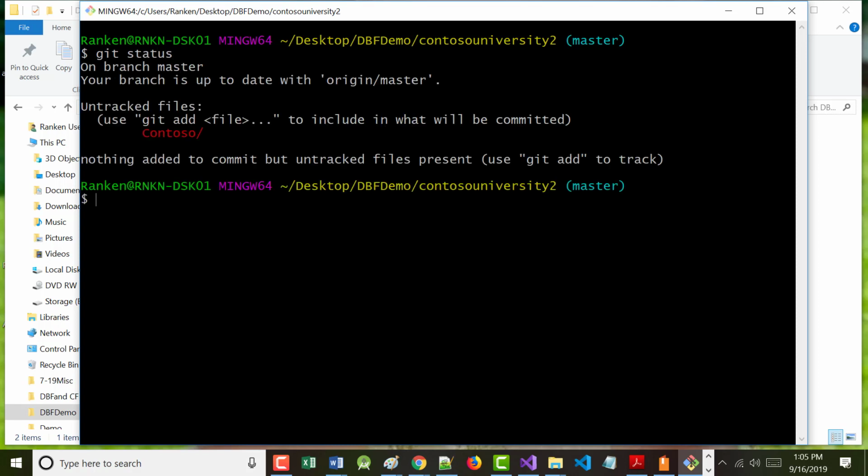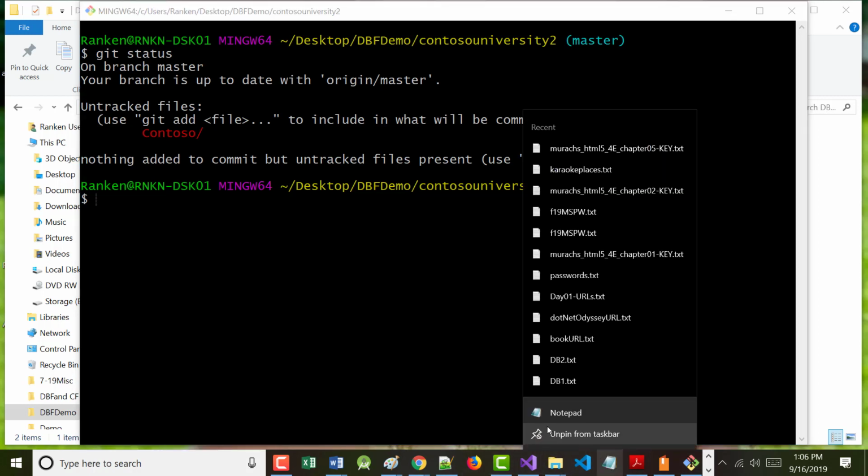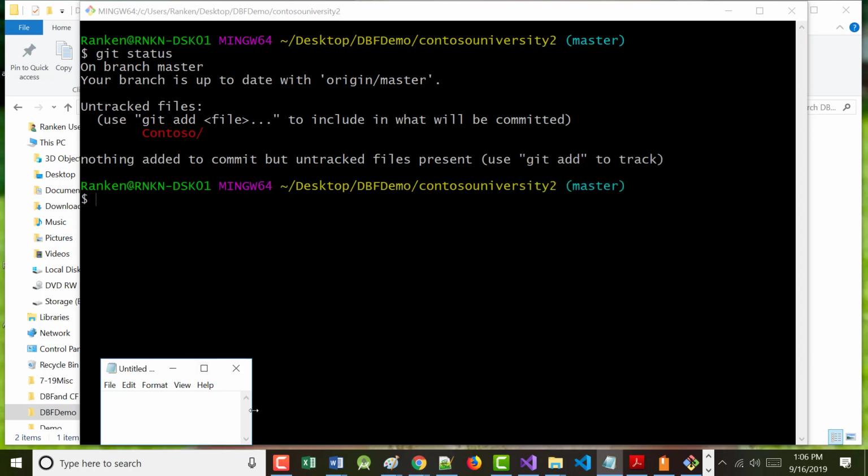Now it says I've got some stuff in here that's untracked. That's good. I'm going to go through this, and if it works, I'll just have you bring yours in also. If it doesn't work, then we'll take a break and figure out why. So right now, what I could do, if I wanted to bring this in, again, you may remember this, you may not from last semester, I'm just going to show you this in Notepad so you can see what's going on here.